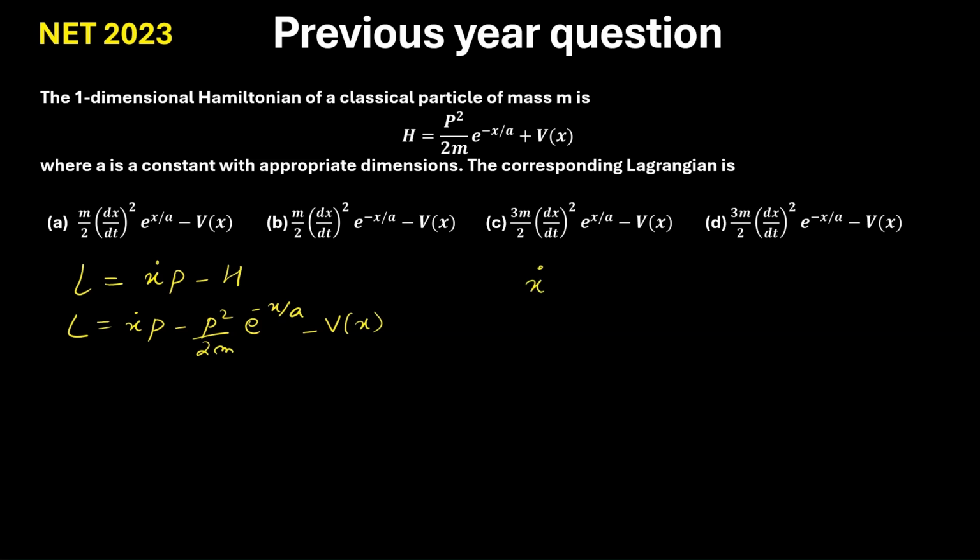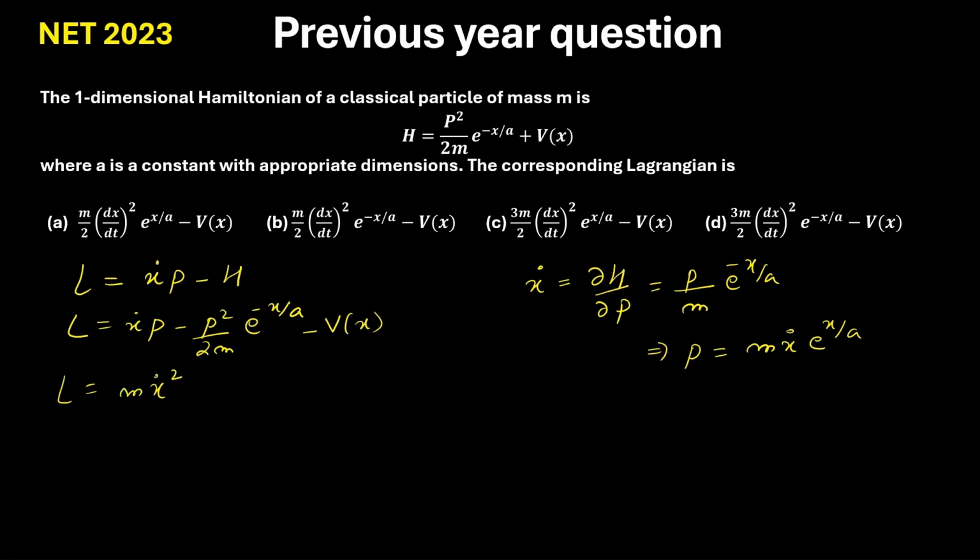So x dot is given by the derivative of the Hamiltonian with respect to p. So this one I'll get p by m e to the power minus x by a. So from this, p is equal to m into x dot e to the power x by a. So I can substitute this p here in the Lagrangian. So this one will give me m x dot square e to the power x by a